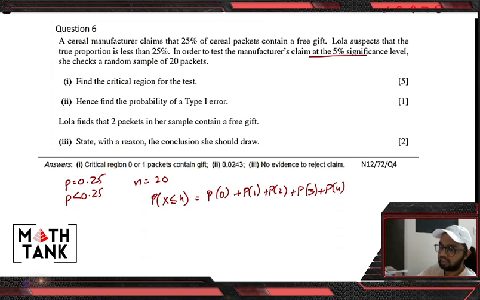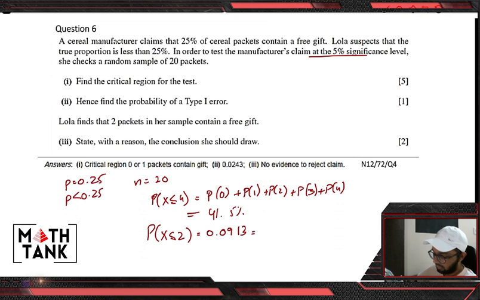Again, emphasizing the fact that whenever you have a question asking you for the critical region, it's more or less a question on trial and error. So make sure that you understand that properly. And that gives me a very high probability, 41.5%. So I need to rapidly decrease it. So I'm going to make that x less than or equal to 2 now. I'm going to cut out 3 and 4. That gives me